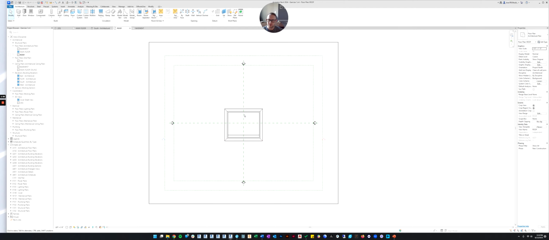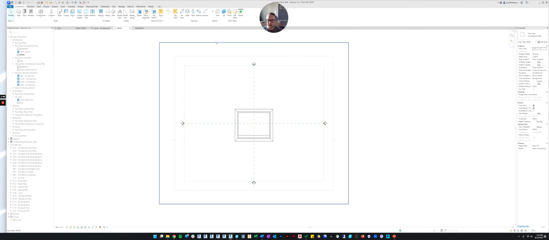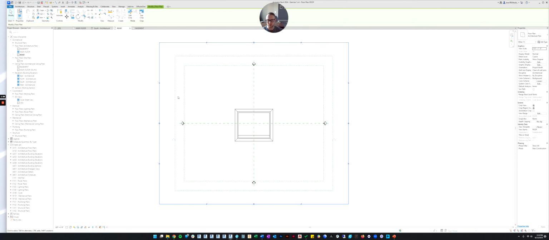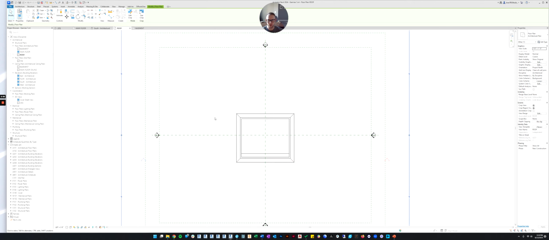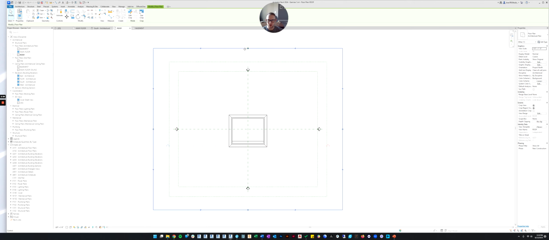All right, so now let's stay in the roof plan, and we don't want to display all this other junk around the roof. We just want it nice and tight around the roof. So if you click on the crop region and highlight it, you'll see these little blue dots. And if you pull the blue dot, it'll allow you to move the crop region.